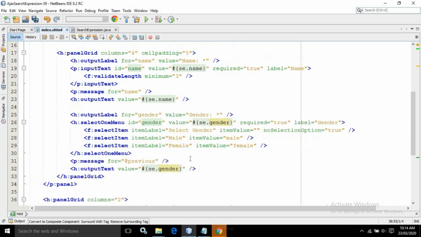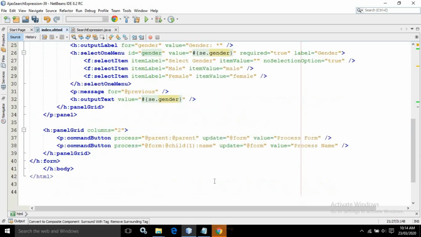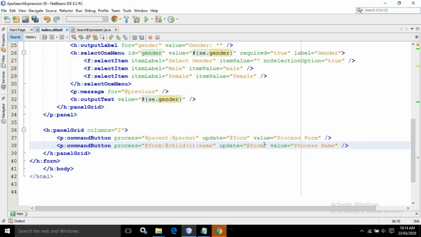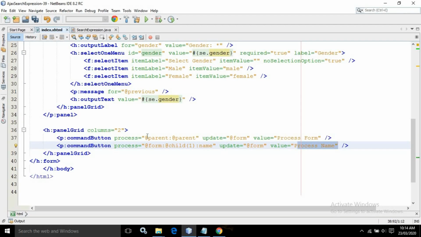This means it is actually referencing this input text. After that, in the update, I have written @form. This means it will update all the UI components of the form, and in the value I have specified process name. Now if I go to the browser, I click on process form, this button.